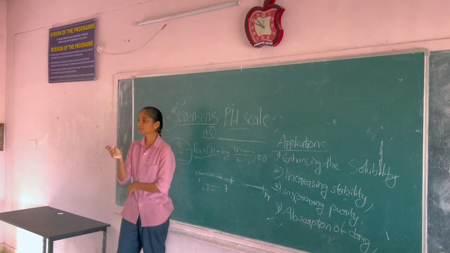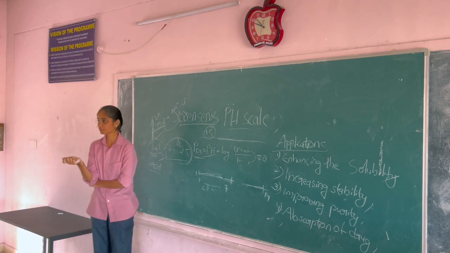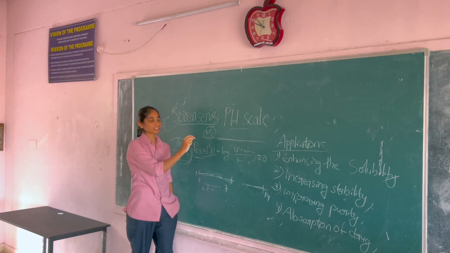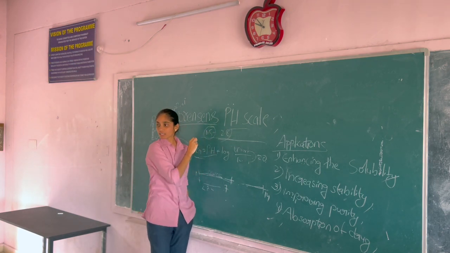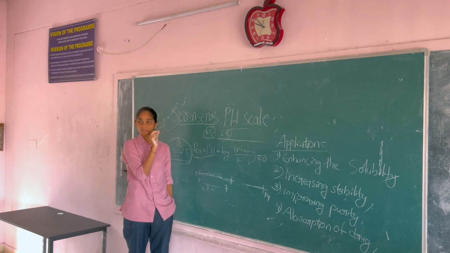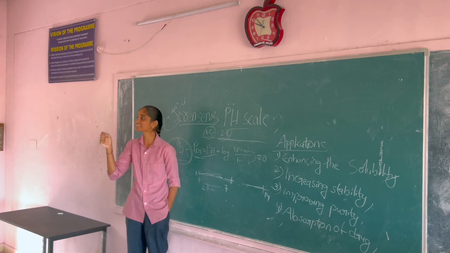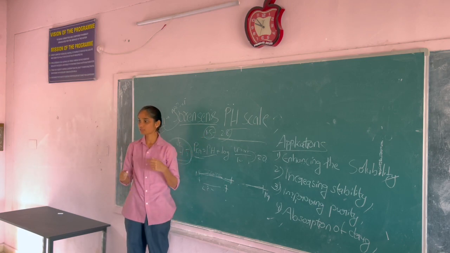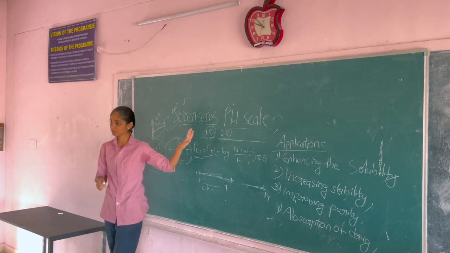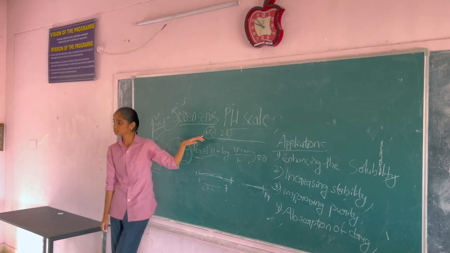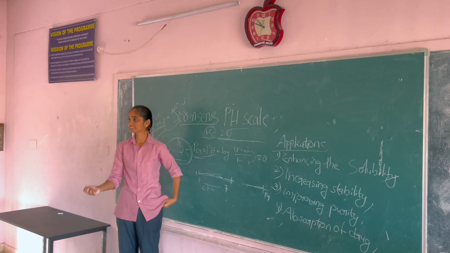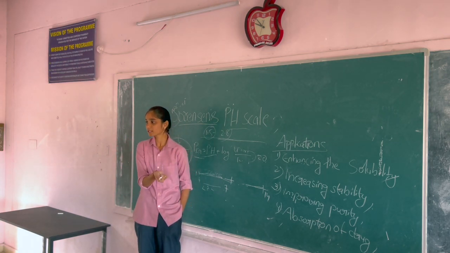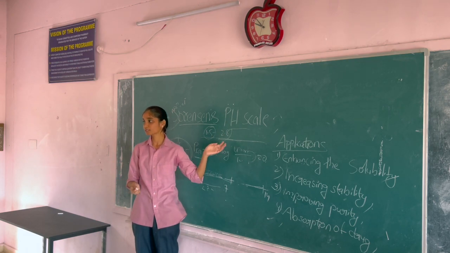In the mouth, the amylase enzyme acts. In the stomach, the pH is 1.5 to 2.8, acidic in nature, so the pepsin enzyme shows its reactivity when the pH is around 1.5. If the pH is not 1.5, can pepsin show its reactivity? This is how, in our biological system, enzymes show their reactivity depending upon the pH.